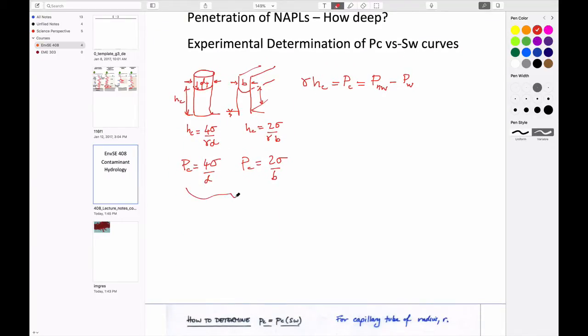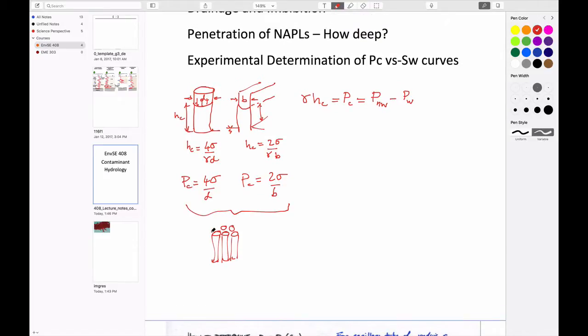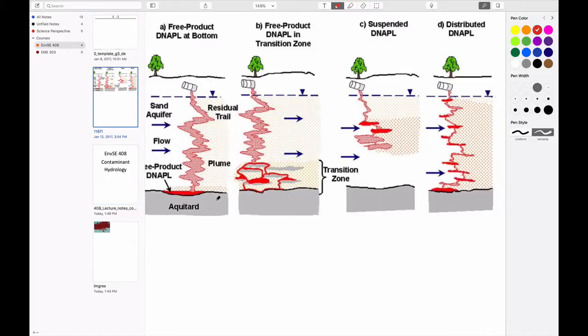And so what we can do is we could think of a porous medium as a bundle of capillary tubes, which together represent the porous medium. And then if we know that, then we know what the pressure is that we have to apply to get through each one of these tubes to make it advance into the subsurface. So that's kind of our big picture. But that's not completely useful to us, because if we come back to look at this behavior here,